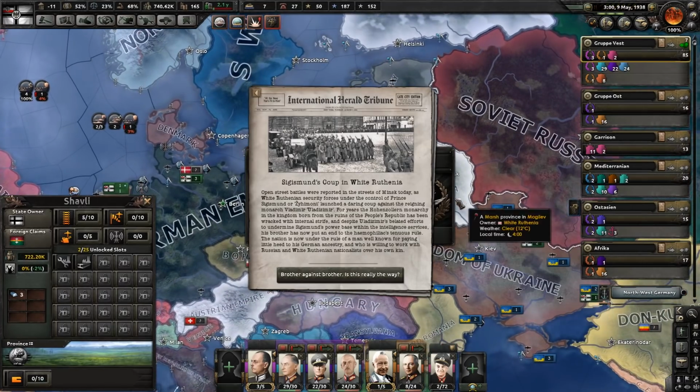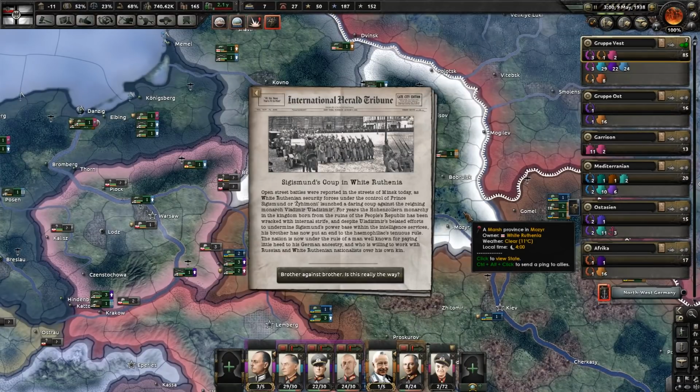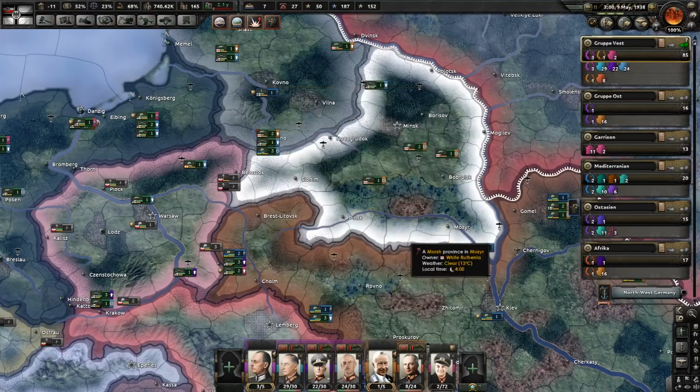Sigismund's coup in White Ruthenia. Open street battles were reported today in Minsk, as White Ruthenian security forces under the control of Prince Sigismund of Zermont launched a daring coup against the reigning monarch Vladimir Uladzimir. For years, the Hohenzollern monarchy in the kingdom, born from the ruins of the People's Republic, has been racked with internal strife, and Uladzimir's belated efforts to undermine Sigismund's power base within the intelligence services...